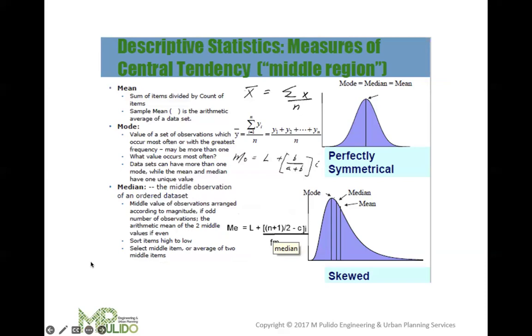Okay, so what do we have here? Measures of central tendency. I think I mentioned also earlier that measures of central tendency are statistical measures that describe the center or middle of a data set. So they provide a summary of the data by identifying a central point around which the data points are distributed. I also mentioned the main measures of central tendency are the mean, median, and mode.